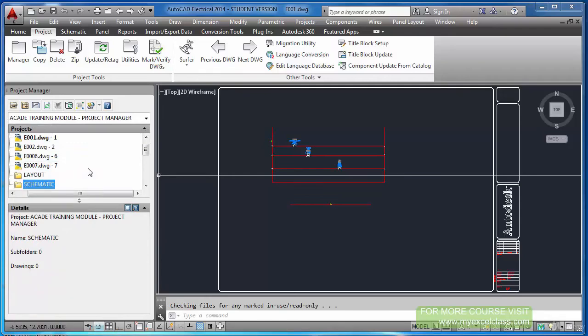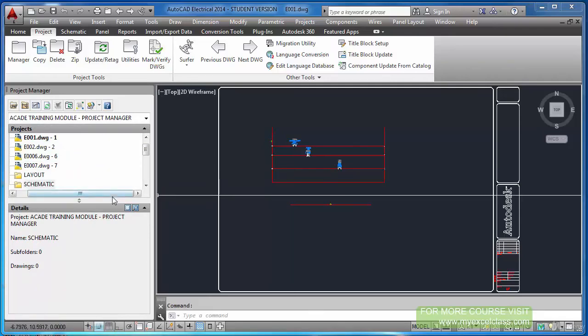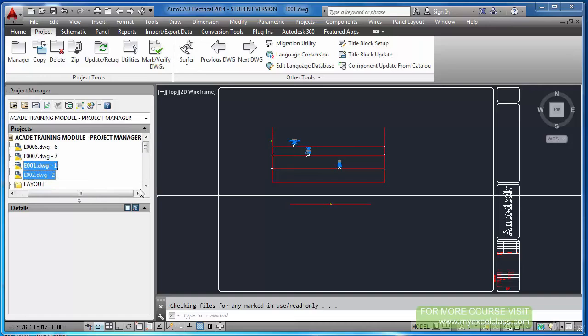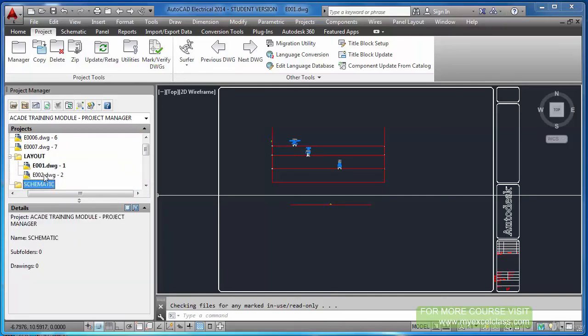One is for wiring diagrams, one is for panel. Okay. I have created 2 like this. And the first 2 drawings I want to put in my layout directory. So you can just drag and drop those inside this, 1 and 2. Now that is part of layout.